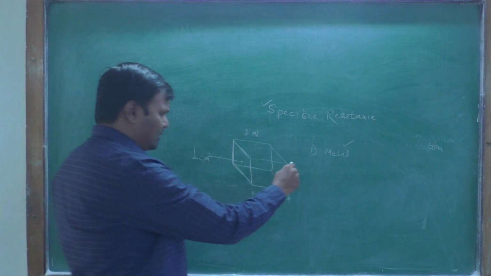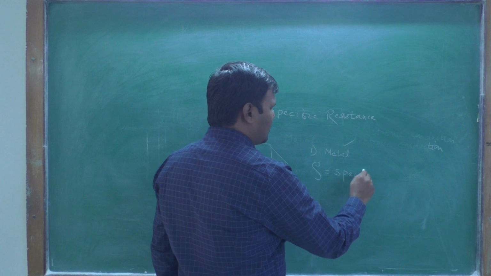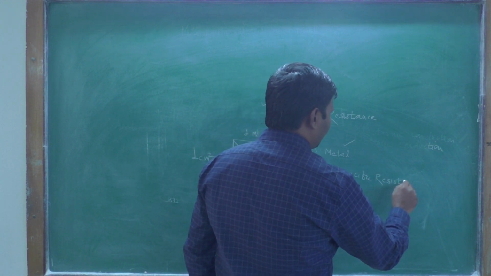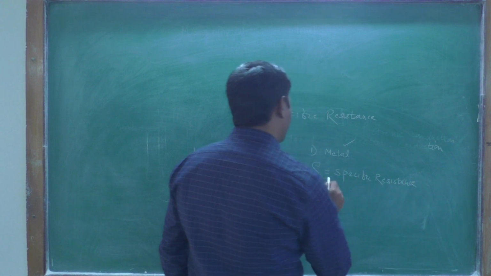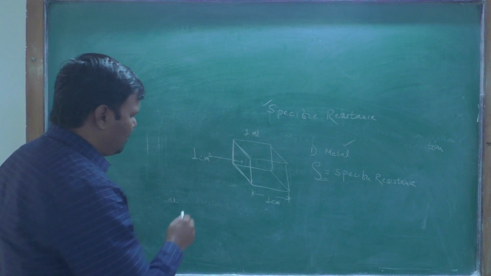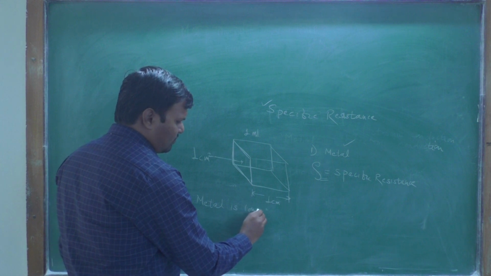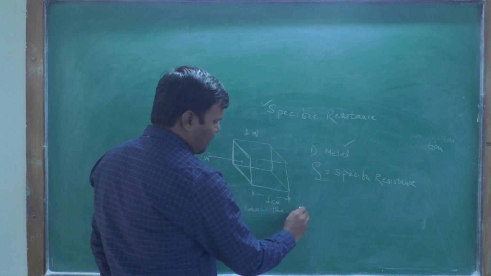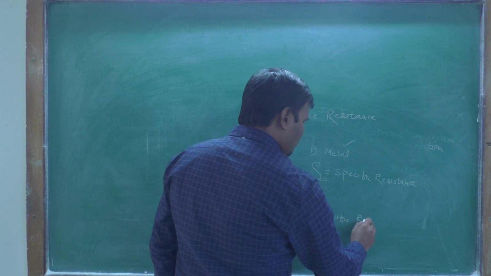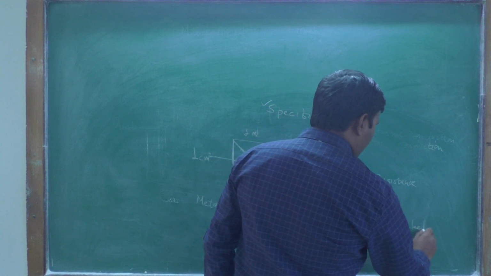Specific resistance is shown by rho. The specific resistance of a metal is lower than the specific resistance of an electrolyte,